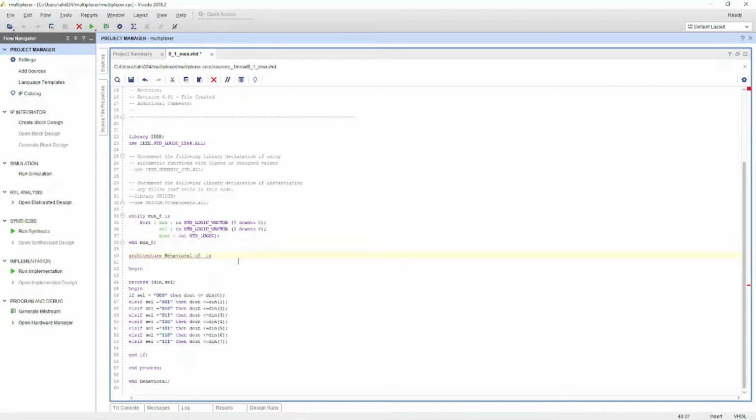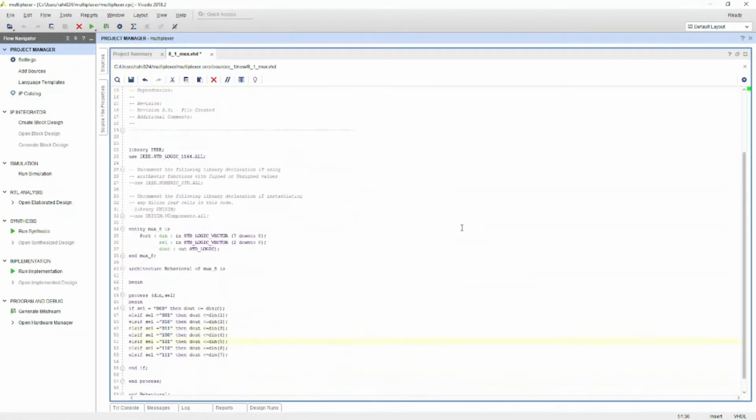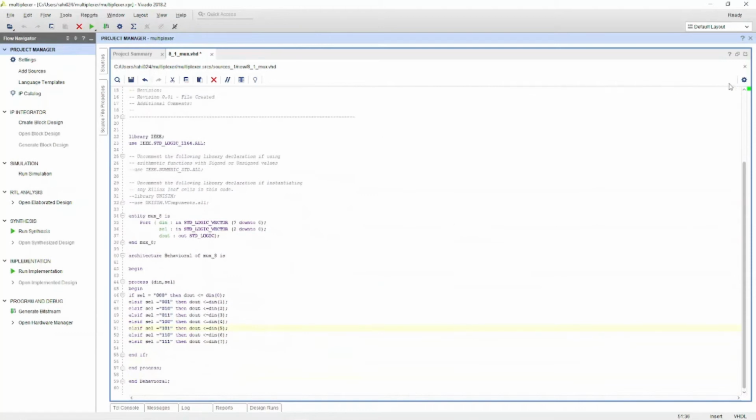So guys, I have not named it properly, but let's see if it works. So you can see, guys, I now got a green symbol over here, right? Green symbol signifies that the syntax is correct. I mean, while writing the syntax, you didn't commit any error, so that's why it turned green. So let me save it. Okay, so I've saved it.